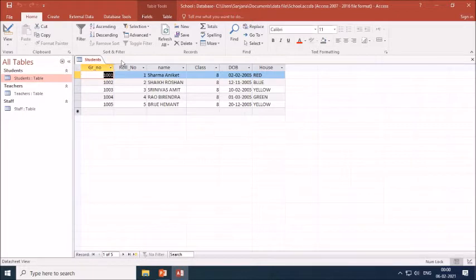Now in the structure of the table, if you want to make any changes, suppose in GR number, roll number, name, class, date of birth, we want to add one more field inside this, or you can change the name of the field. So for that purpose we have to go to view tab, go to ribbon which is inside the home tab, click on view and go to design view.